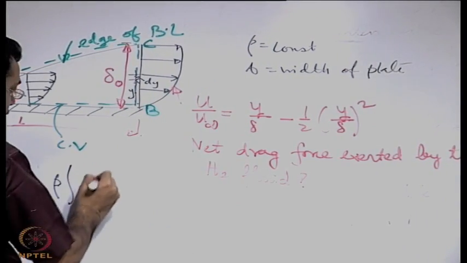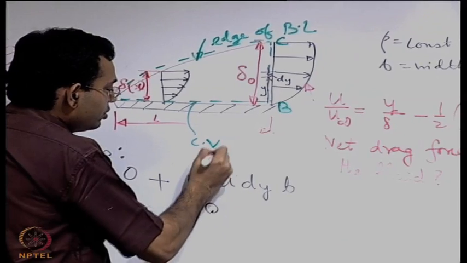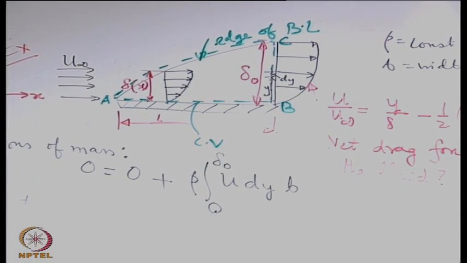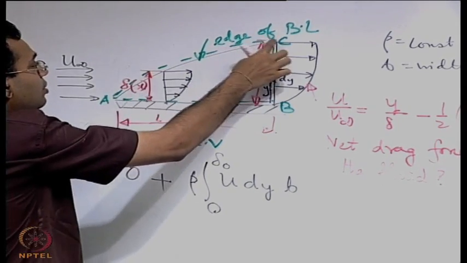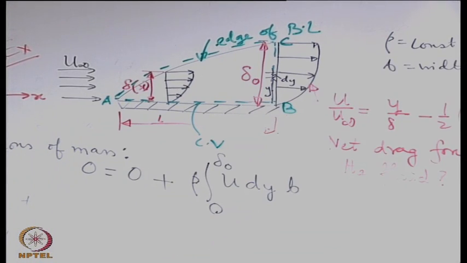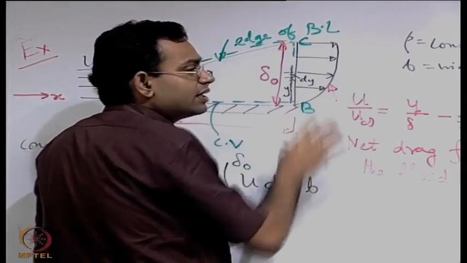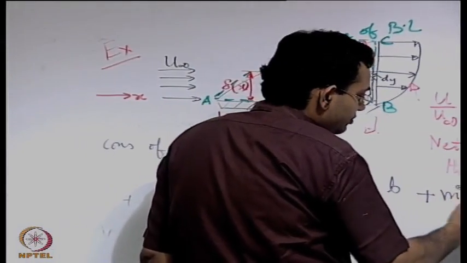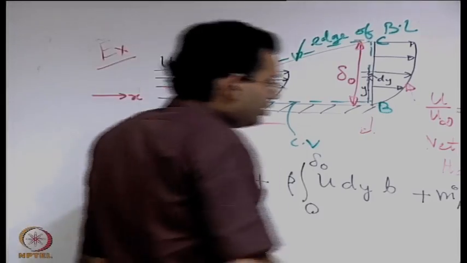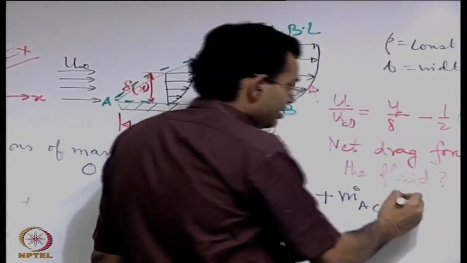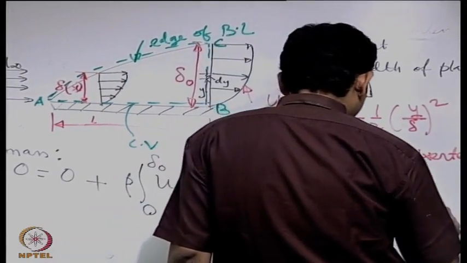So rho into u into dy into b, where y is integrated from 0 to delta naught, and u is a function of y. And then there is a flow through AC. When there is a flow through AC, let us not try to write it in a complicated way, let us call it m dot AC. So m dot AC, this is algebraic, so it may be plus or minus. Here you can see that m dot AC is equal to minus